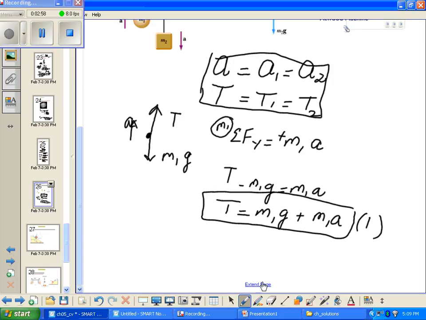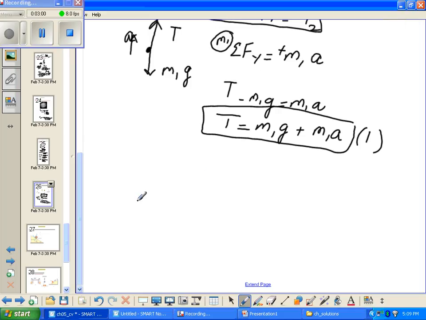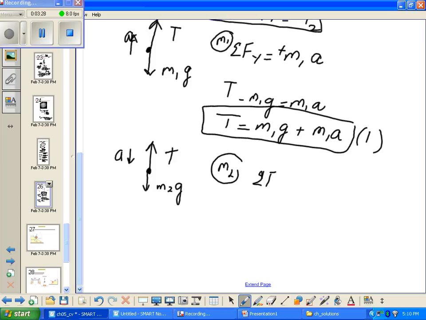Okay, now let's write an equation for the second mass, M2. In this case, the force of gravity is also acting downward. The force of tension is acting upward, but this mass is accelerating downward. And so here we have to be careful to note that in this case, the net force on M2 will be minus